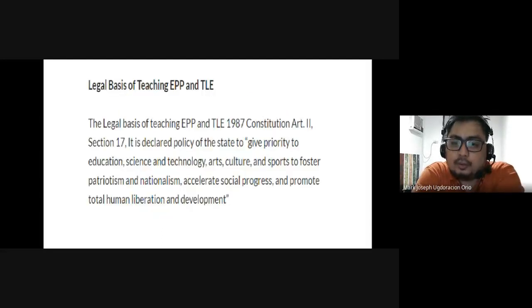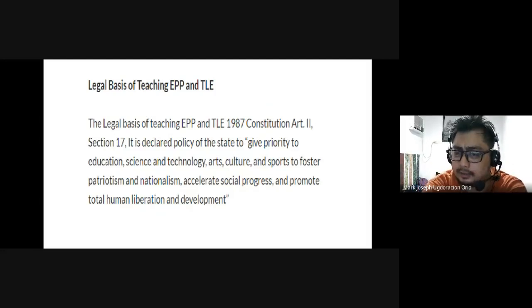So, what is the legal basis of teaching EPP and TLE? Naghimo-himo ra batak ni class because ginahan lang ta mo teach ta ni kinindot ni siya. No, there is a legal basis why we teach EPP and TLE in schools and universities. The legal basis of teaching EPP and TLE is grounded in the 1987 Constitution, no, to be specific, class Article 2, Section 17. It is declared policy of the state to, quote unquote,